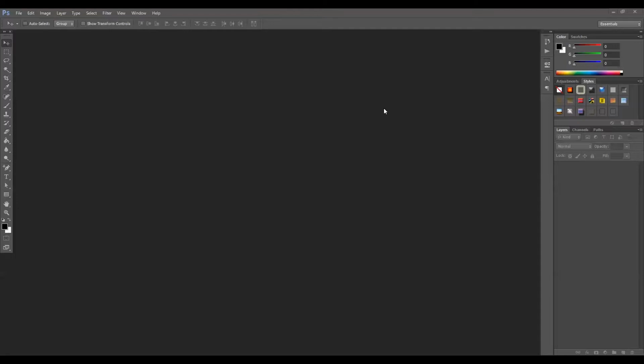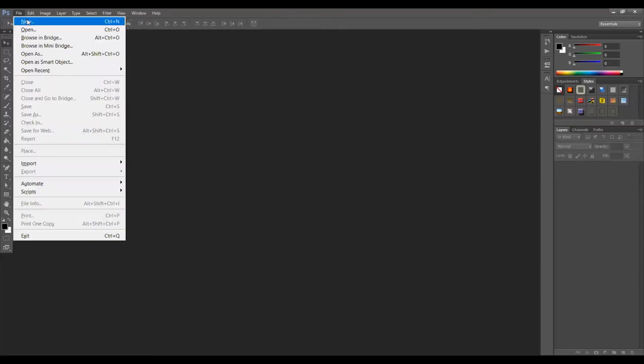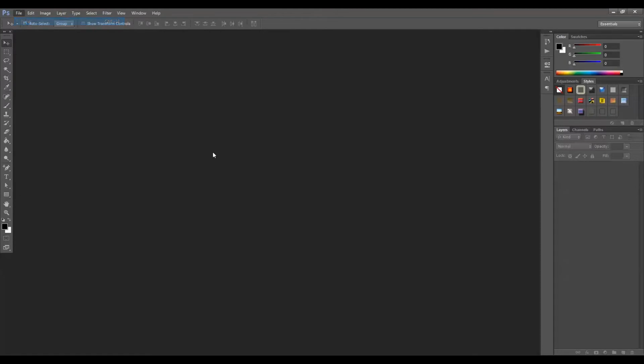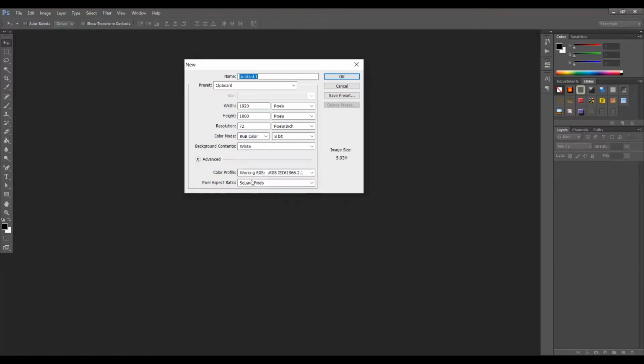I believe that the best way to understand tools and options in Photoshop is actually by using them, not explaining each and every tool itself. It won't actually work this way. Let's start and create our first project by going to File and then New, and by doing so, we will have this